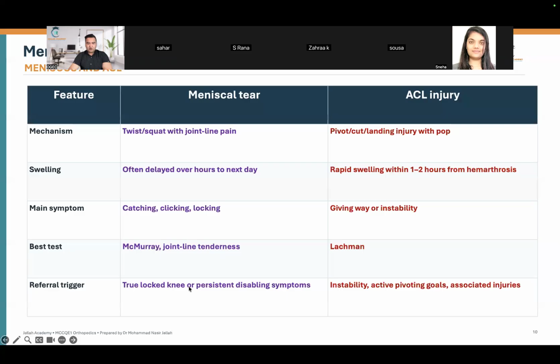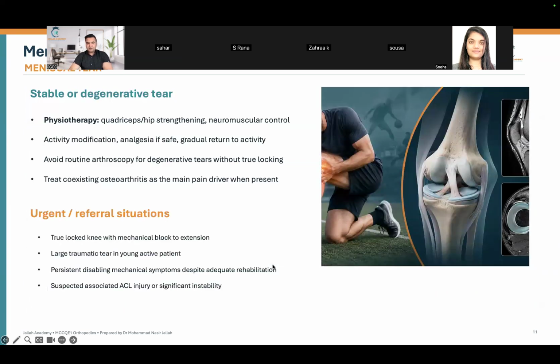Refer if there is a trigger, a true locked knee, or persistent disabling symptoms. This is for true or persistent disabling symptoms, this is referral, so you have to do the surgery. Instability, active pivoting, giving way, associated injury: you need to do the surgery. Okay, stable or degenerative tears: